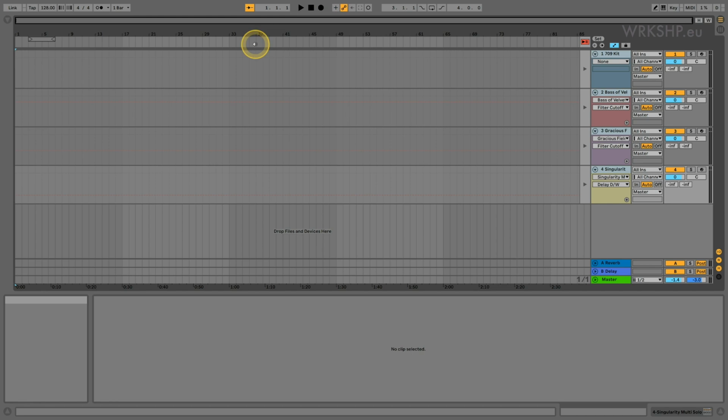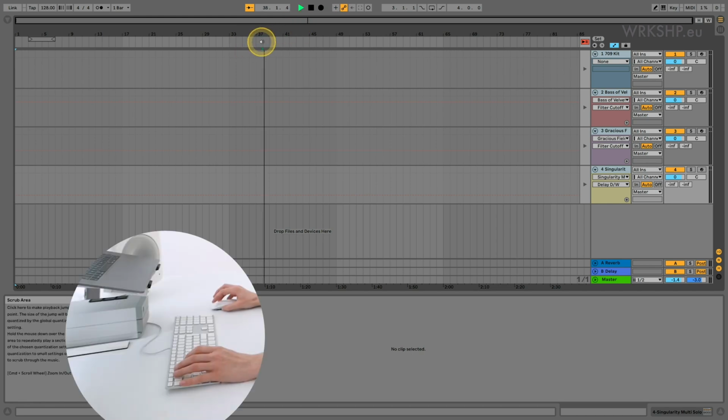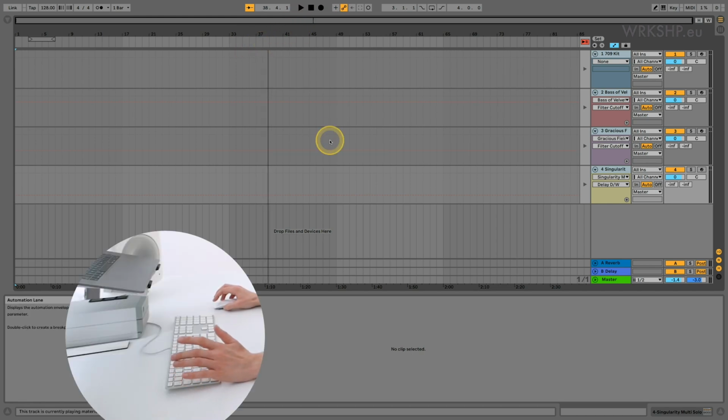There is no fast forward, no rewind, not even a shortcut to play back exactly from the place where you stopped, which is just crazy, I think, and could easily have been done by just giving us select and play as an option. You do have that on the keyboard, which many people don't know, which is that if you are playing somewhere over here and you press the space bar, the default is it goes back to wherever you last selected.